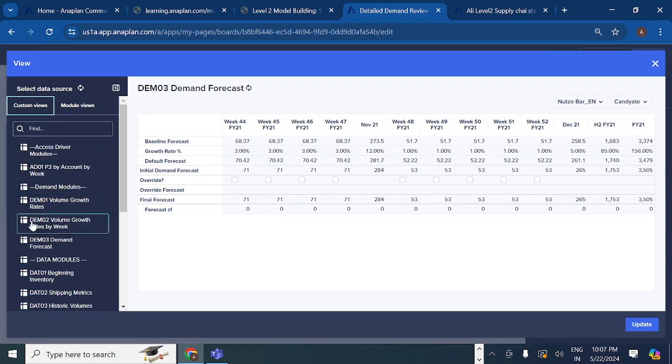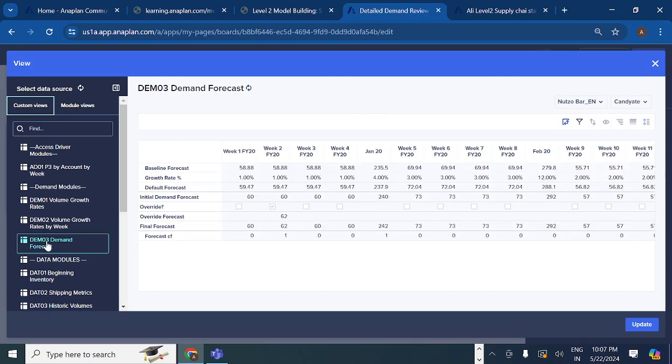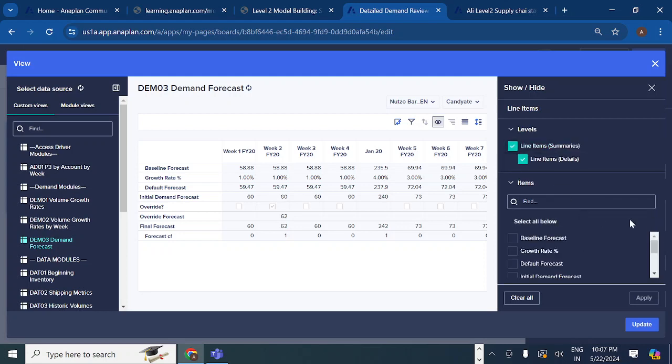You should go to custom view, and so you can select demand 03 forecast. Here you can select what line items we want. Show line items. What are the line items you want? If you want to go with custom view, you should do all the things whatever saved view we have done. You should select those line items and apply, and then